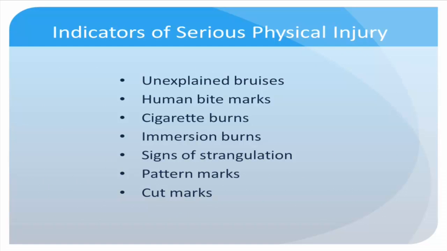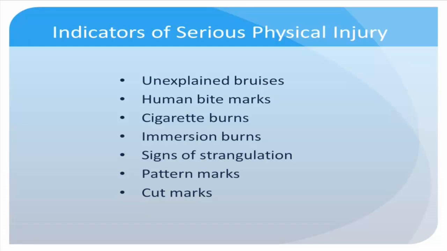Recognizing abuse isn't always easy, but some examples of abuse may be unexplained bruises. Most children have bruises from time to time due to play or accidents, but the location or severity of the bruising may be an indicator of abuse. Areas that may be suspect include bruises on the face, neck, wrists, black eyes, or a bruised mouth. Bite marks: human bite marks leave a particular and distinct pattern. You want to note the size and area of the marks. If the bite mark is in an area the child can't possibly reach, like on their back or buttocks, that